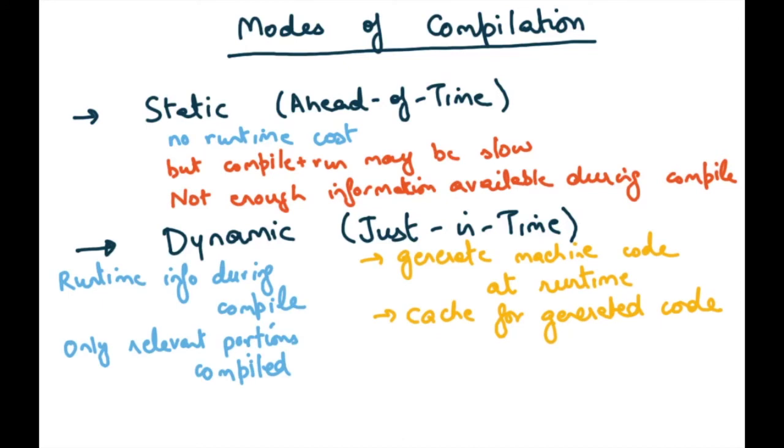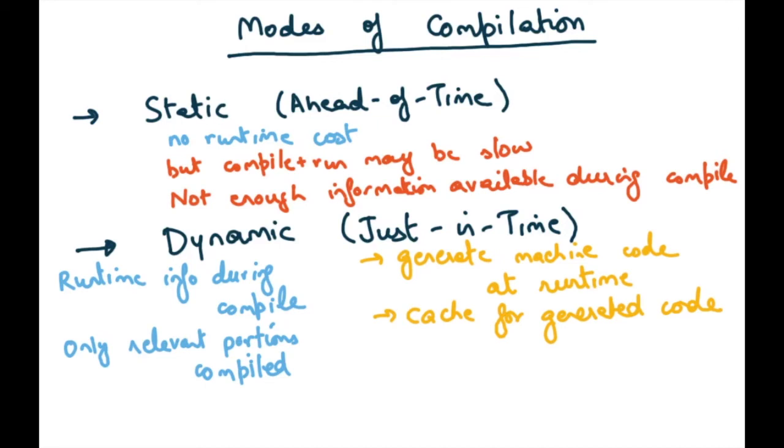All right, so the good thing about just-in-time compilation is that there is a lot of runtime information during the compilation. For example, because the program is already running and maybe it has already run 10 times or 100 times, you already know what is typically running, what is the typical nature of inputs, what are the typical paths that this program is taking, and so on. And so you can make better optimization decisions.